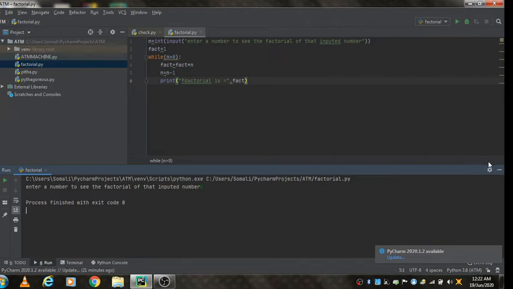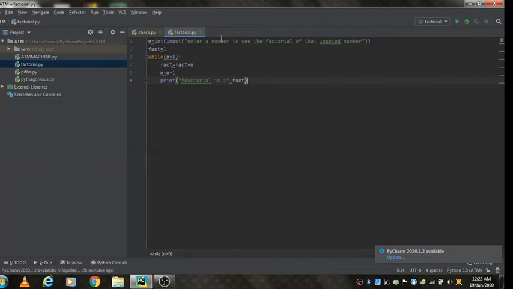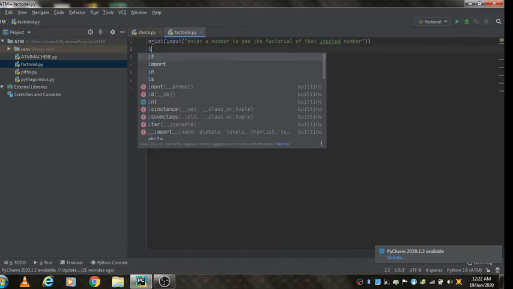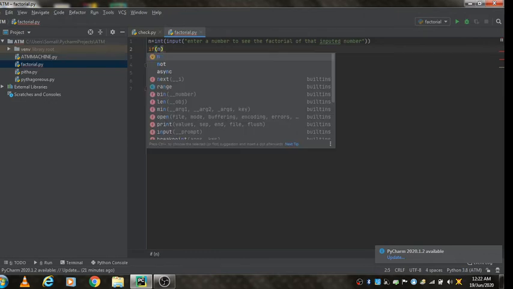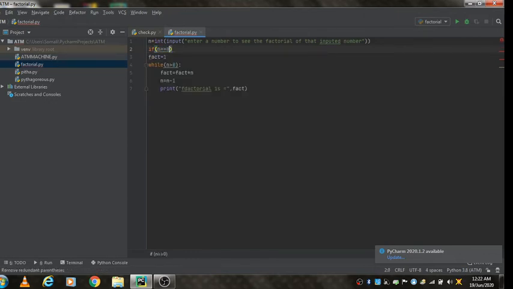Take a conditional statement: if n equal to 0, using double equal to, which is the difference.